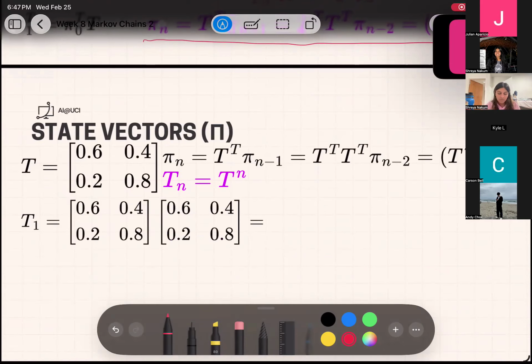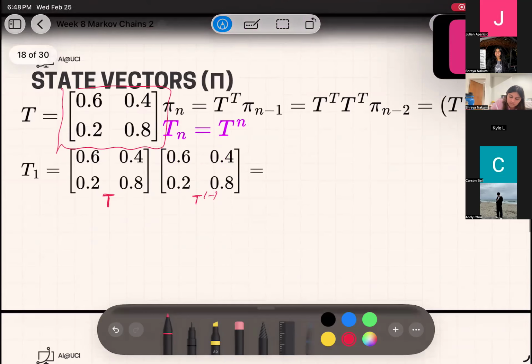All this is saying is that if I am currently at time step 0 with these probabilities, my probabilities at time step 1 will be the original time step 0 probability times my transition matrix T. At time step 2, my probability will be whatever this multiplication becomes, so whatever the time step 1 vector is times T. That's the formula. At time step 3, it'll be whatever was at 2 times T.